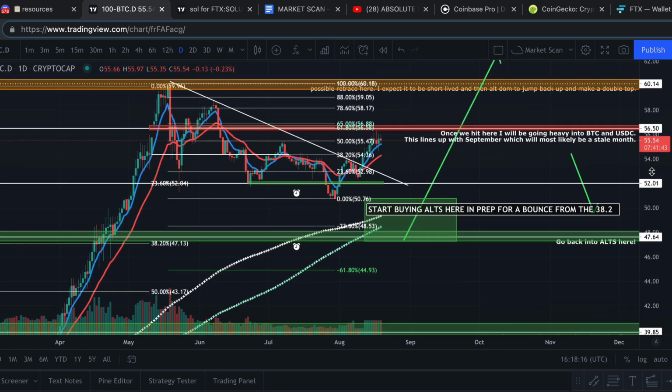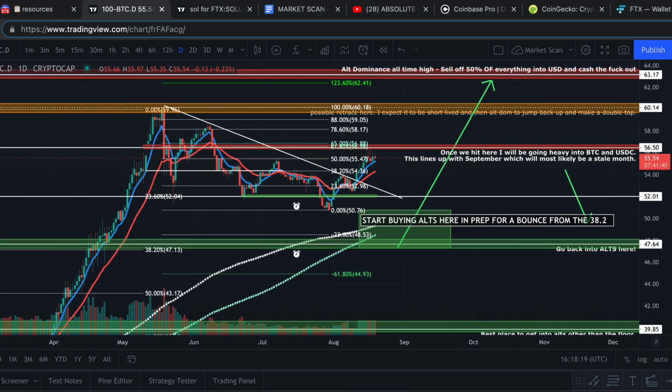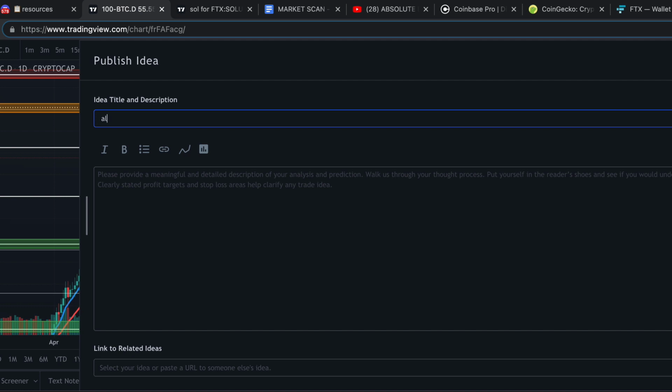And that is this. So I'm sort of thinking this might happen. Up, rejected, and then I don't really know what's going to happen, if we're going to come all the way down here after that, if we're going to come back down here, if we're going to be super bullish and it's just going to come back down to this zone. I don't know, but I'm very confident that we'll get a rejection right here. So I will sell most of my stuff right here,